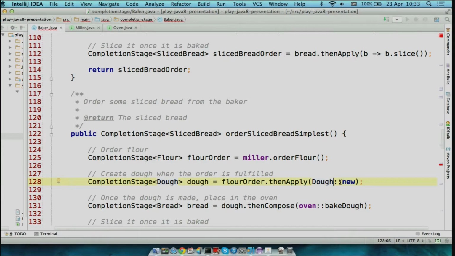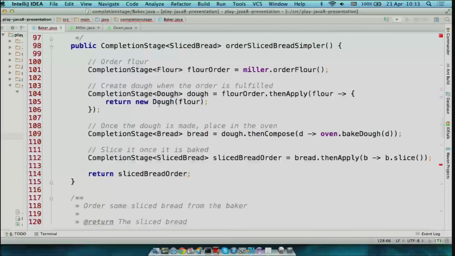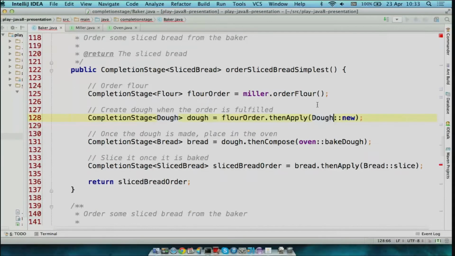And that translates to exactly the same as what this translates to. It's just a simpler syntax. And again, we are baking the dough by referring to the bake dough method on oven. So you can actually get a method reference on a local variable, or in this case it's a field in the class.